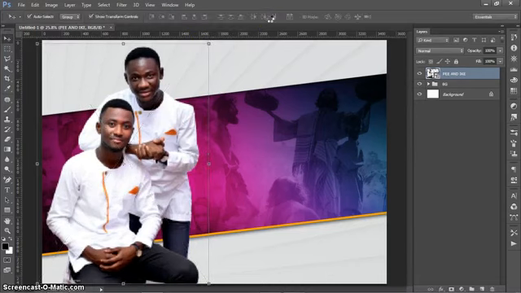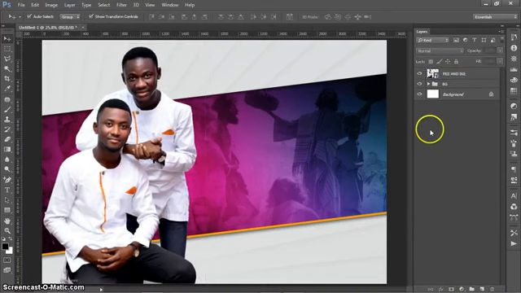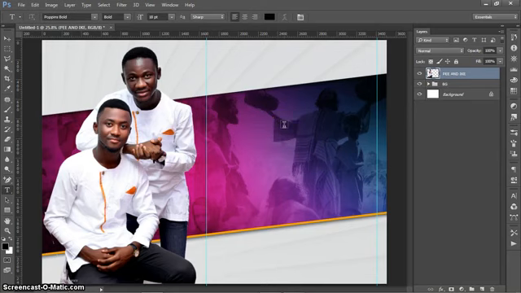So now that our image is set, I'm going to drag the ruler from here to here. Okay, then another one from here to here. So in between here is where our text is going to reside. So I right click on the image, rasterize it. Then the next thing I'm going to do is pick my text tool and type in